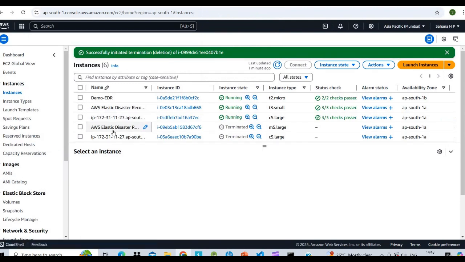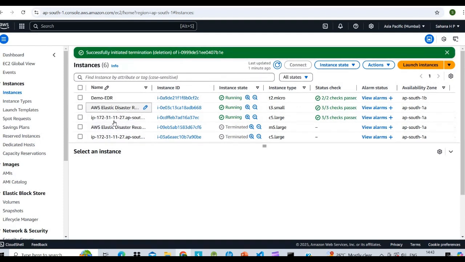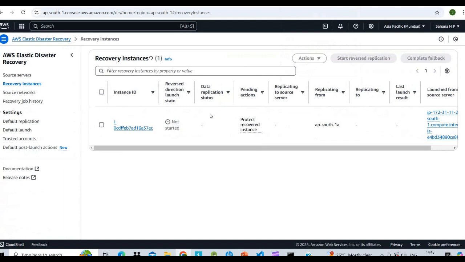This is a demo idea. What the source environment has taken is replicated to the AWS Elastic Disaster Recovery that was created. All of these are replicated to the instance which we are recovering now. So let's go to the recovery. It's not started. Refresh this.